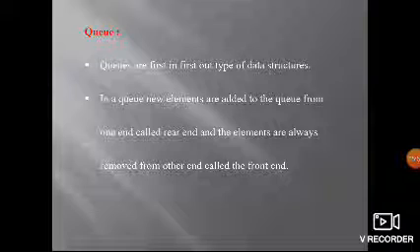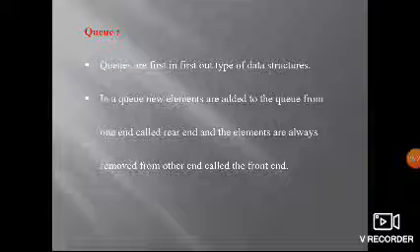Stack is last in, first out: whoever comes last has to come out first. The queue performs operations that are first in, first out. Here we have two ends, the entry and the exit. Which is the entry and which is the exit, how the insertion will happen and how the deletion will happen, let us see.